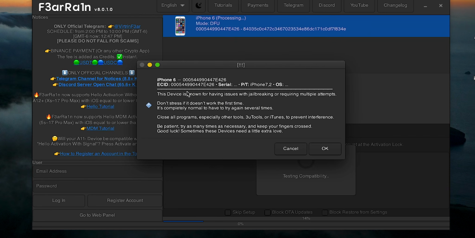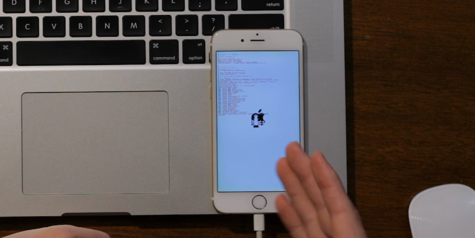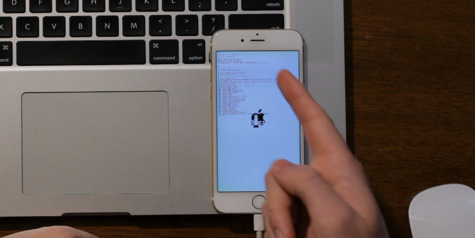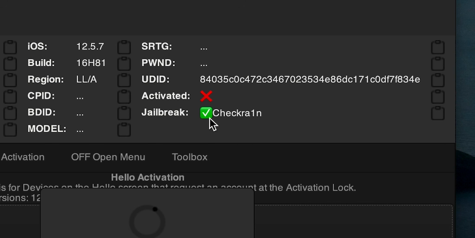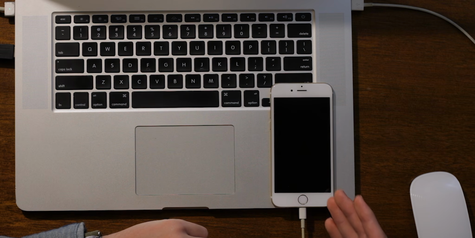You may get this warning that tells you may have to jailbreak the phone a couple times. That's totally okay. Just hit OK. And there we go, the phone will boot. You'll see the jailbroken logo along with some text. And once the jailbreak actually completes, you'll get this little check option with checker 1 in. That's what we wanted. The phone will probably respring a couple times just to make sure it's actually compatible with